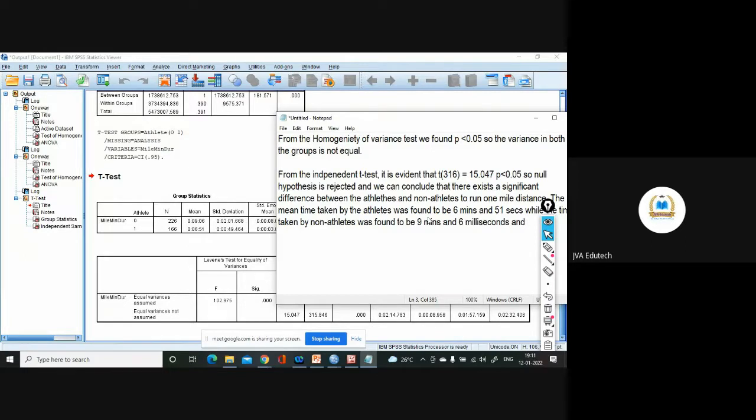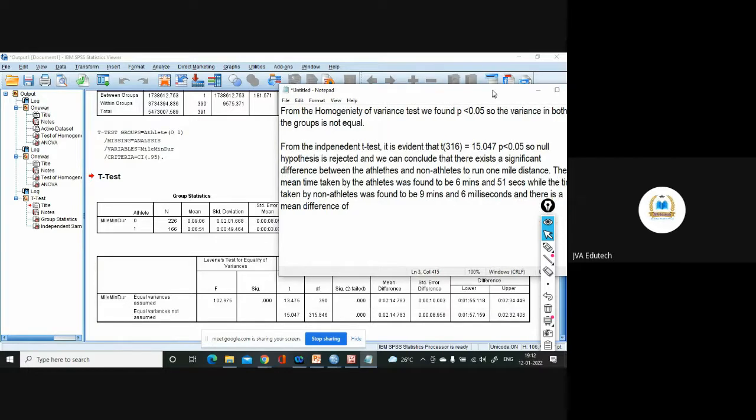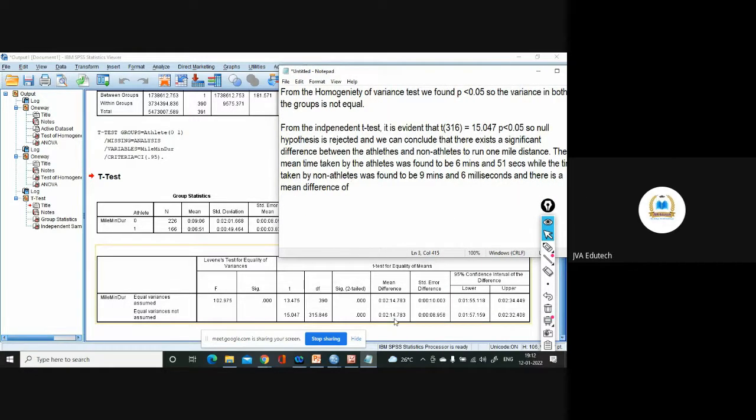And there is a mean difference. You have to elaborate your output as much as you can. So there is a mean difference of, what is the mean difference? That it is given, isn't it? Here it is given. Yes, sir. Of 2 minutes and 15 seconds, right?